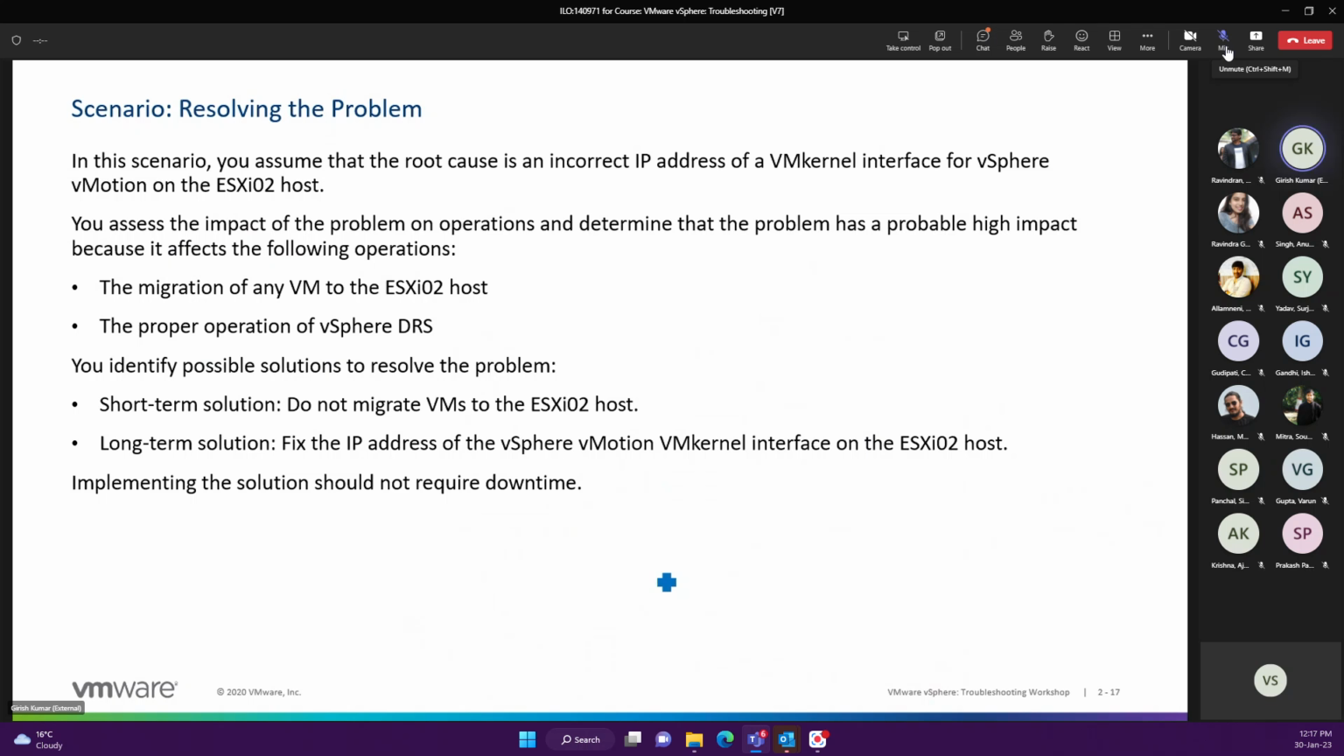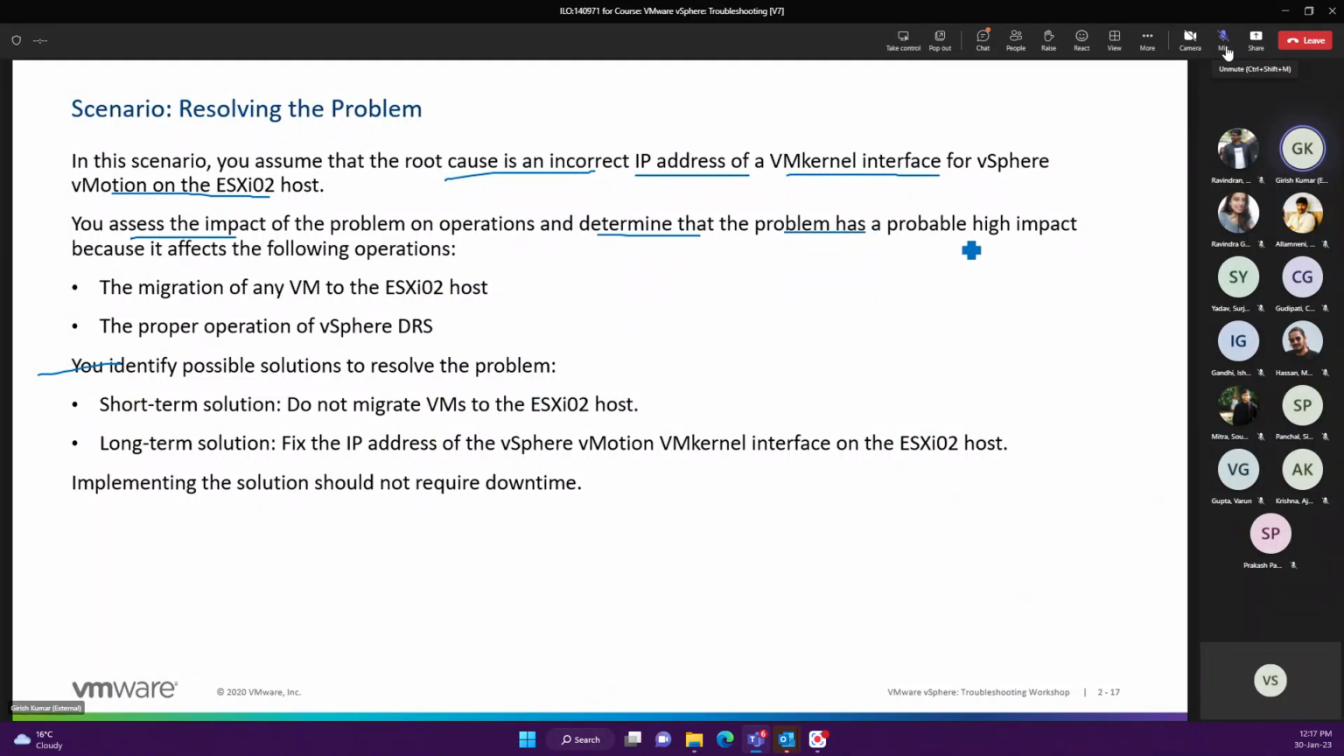Okay. So resolving this problem: in this scenario, you assumed that the root cause is in fact the IP address of the VM kernel interface for vSphere vMotion on the ESXi. You assess the impact of the problem on operations and determine that the problem has a probably high impact because it affects the following operations. You can't perform migrations of any VMs to that ESXi because of the wrong IP configuration. And it also impacts DRS functionality because